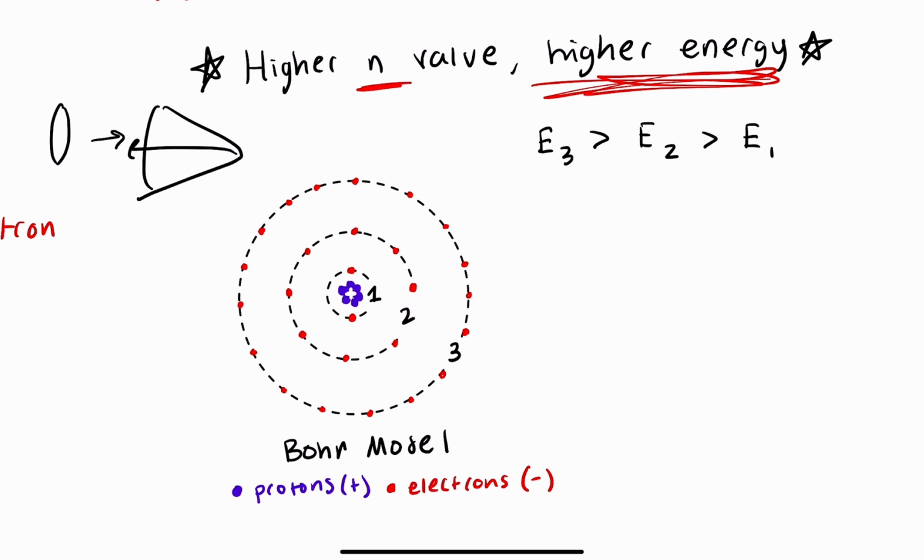Moving out to the n equals 3 level, the distance is even greater. This is massive distance compared to 1 or 2, so these are going to be really high energy